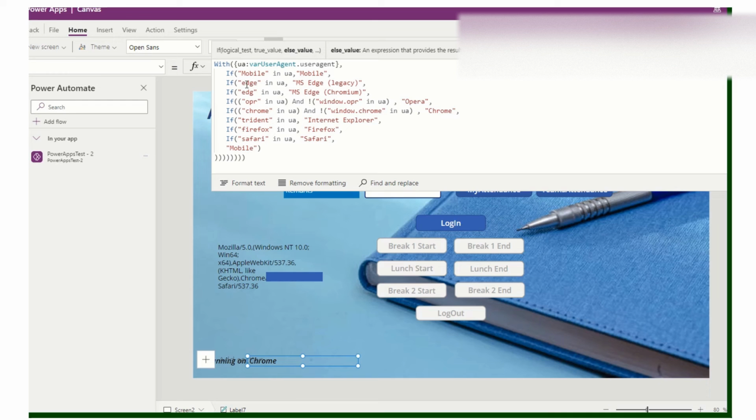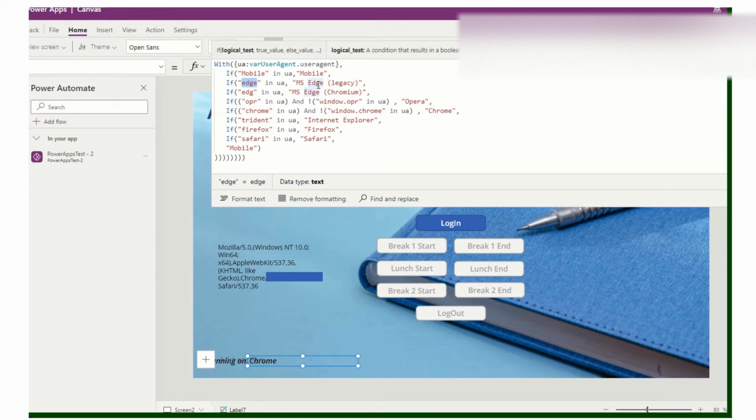Then if it detects the word Edge, it will show MS Edge. And then if Edge, Chromium, and then OPR, Windows.OPR, and Chrome, etc. So this will be the formula to distinguish if it runs on Chrome or mobile.